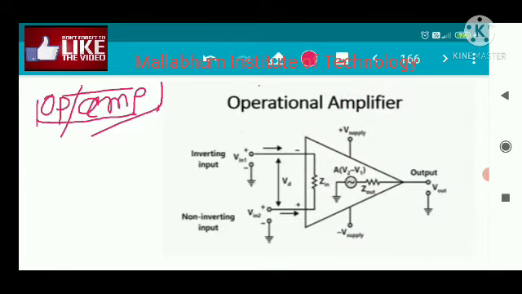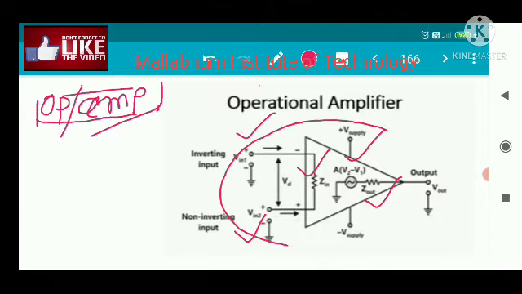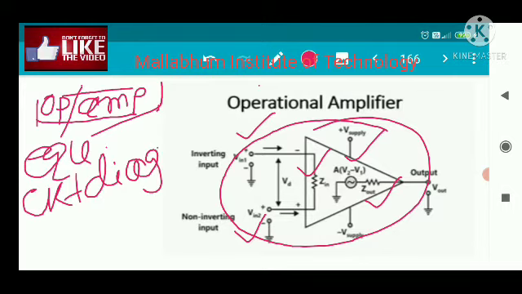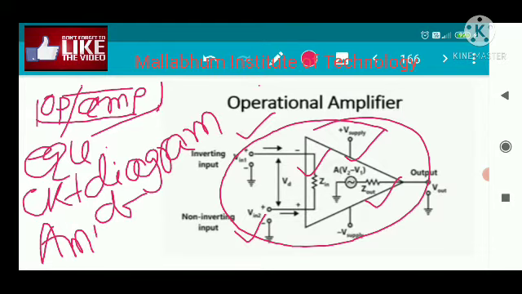So that is a simple introduction of the operational amplifier, how the diagram actually looks and its different properties. Now you can see the diagram clearly. This is one input, this is the input resistance, this is the output resistance, and this is a dependent source. This is nothing but an equivalent circuit diagram of an amplifier, one way of representation, nothing more than that. Because it is an amplifier, that is why first we have approximated this operational amplifier, or tried to understand the operational amplifier, with the help of an amplifier model.